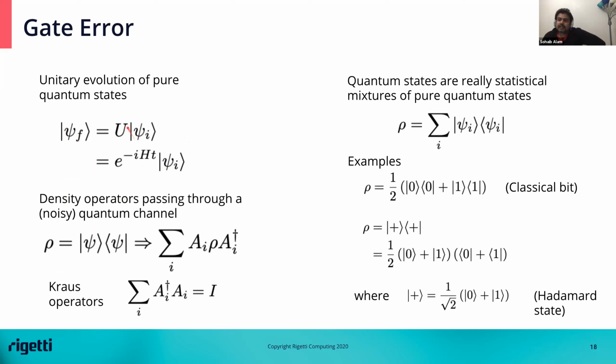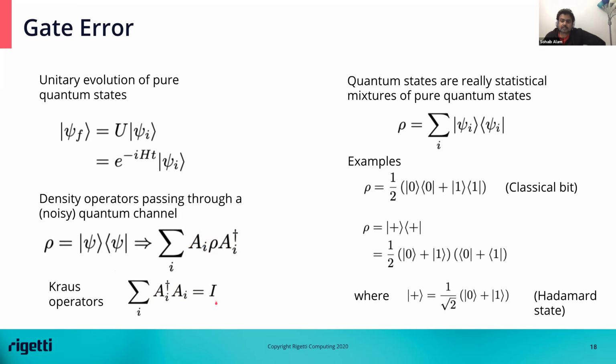But more generally, this rho can pass through some noisy quantum channel. That quantum channel basically means that it is maybe some unitary operation, but also plus some other noise, right? And that sort of thing is more generally described in a process like this, where we have these operators A_i, A_i dagger, sandwiching our density operator over here. And the constraint that they have is that the sum of A_i dagger A_i has to equal